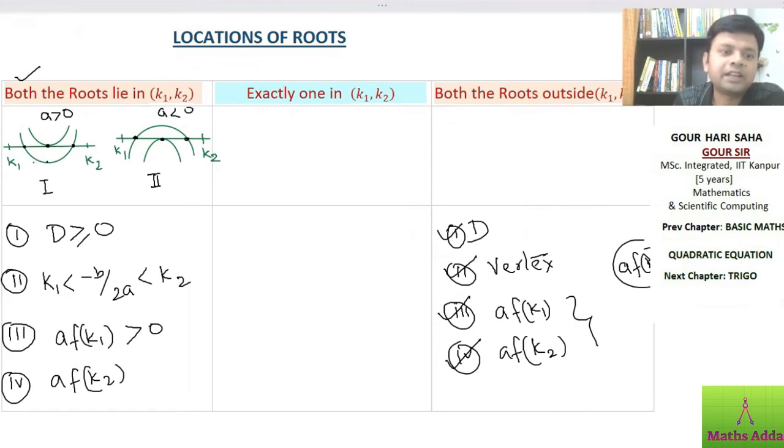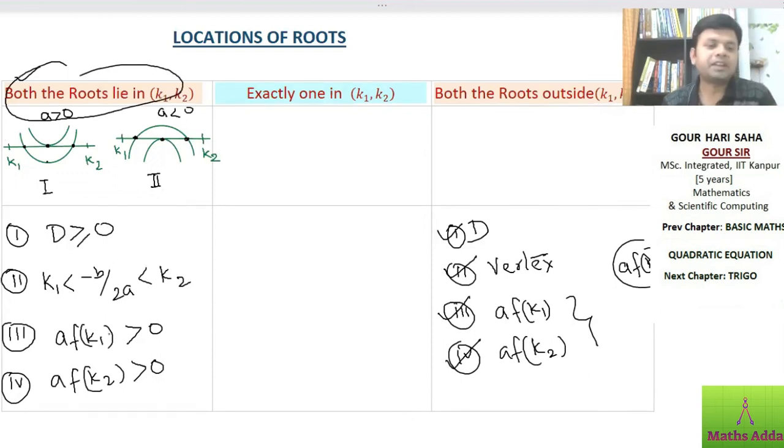So now both are on the left side of K2. See that? This means what is AFK2? A positive, FK2 positive. So the product is positive. I am doing it a bit quickly because I see even the reasonings are repetitive. So here there are four conditions: D greater than or equal to 0, vertex between K1 and K2, very obvious from the figure, and third one is AFK1 positive, AFK2 positive. If a question is asked that roots are between 2 to 5, then this actually falls in this category, right? And then we can use these four conditions and solve them. Solving can be a bit lengthy, but I think the planning is clear.